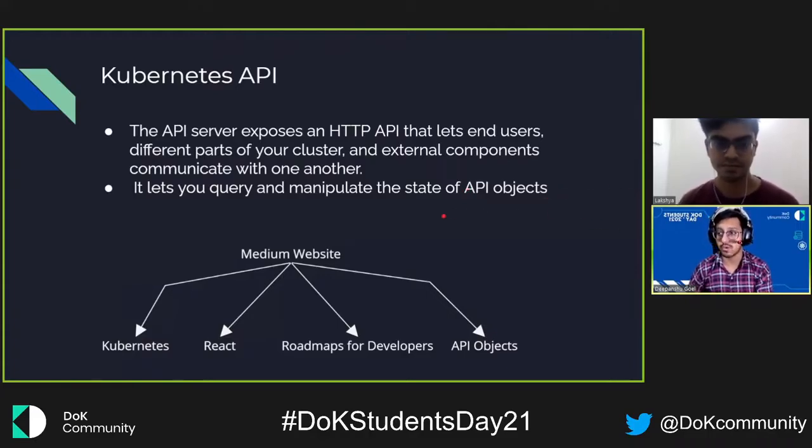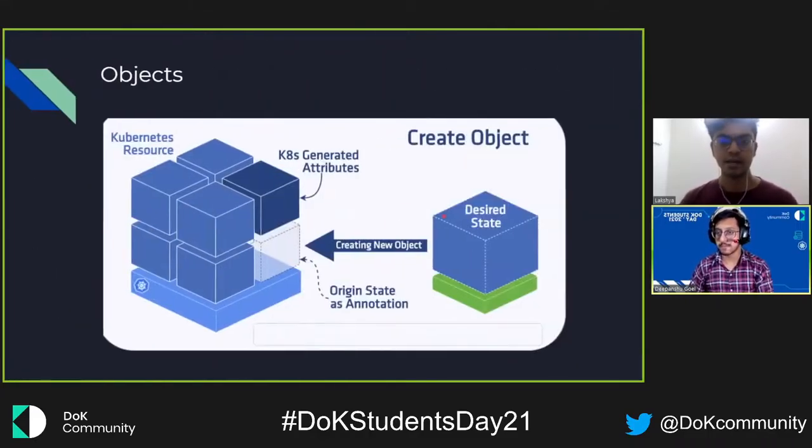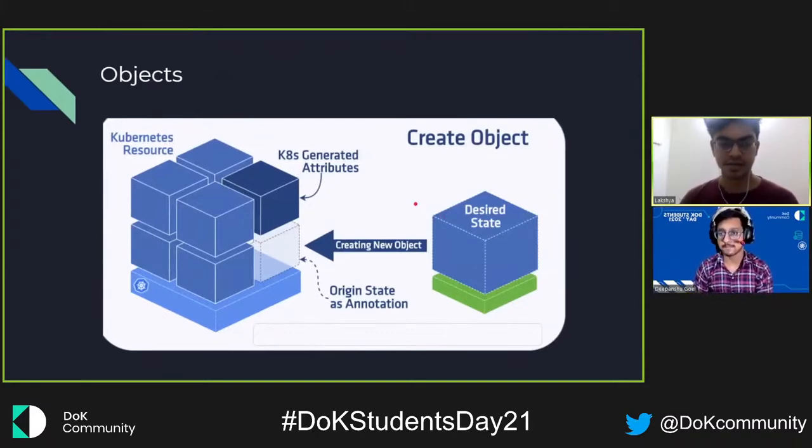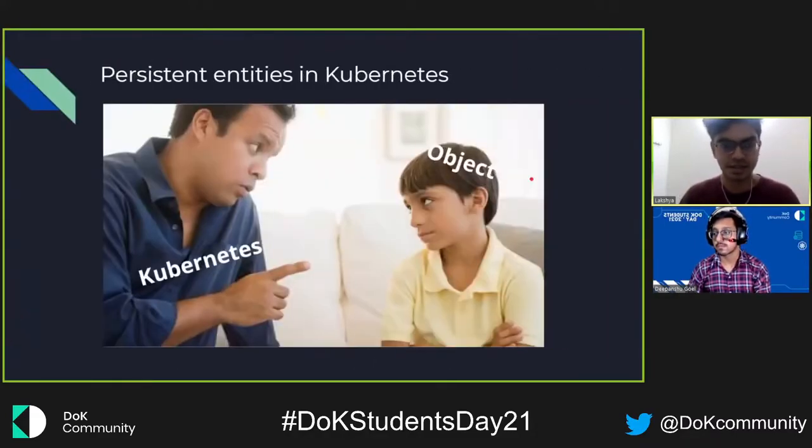So let us know more about the objects. Objects in Kubernetes are a very key concept that we need to understand and that are really helpful in understanding other concepts as well. Objects define a desired state of a cluster in Kubernetes. And as we have heard in the previous talks as well, objects are persistent entities in Kubernetes. What it means is that Kubernetes makes sure that once you create an object, it essentially stays there until and unless you replace or change the object completely.